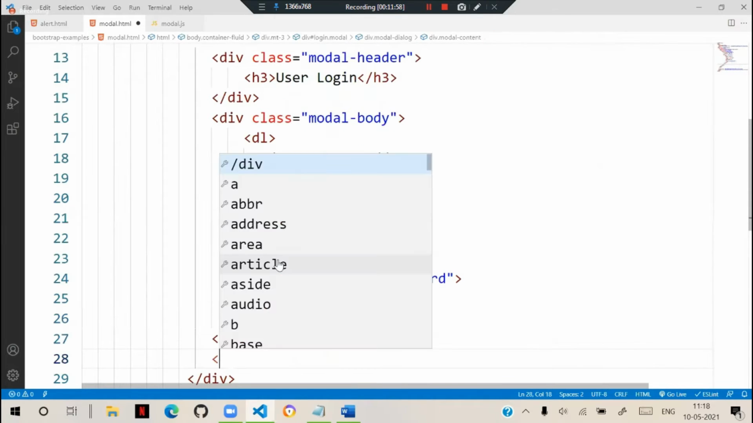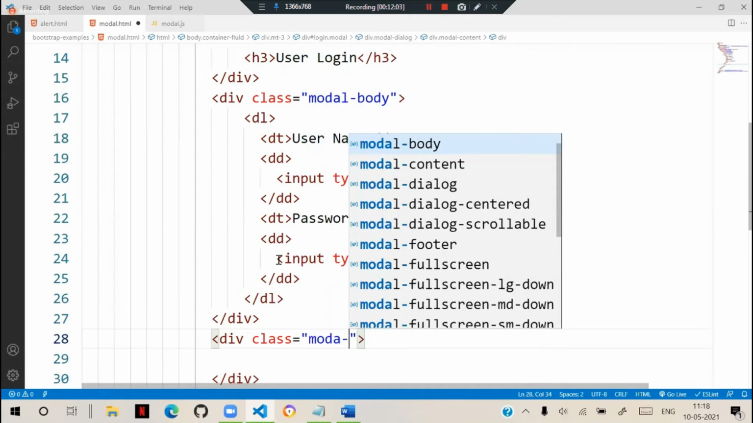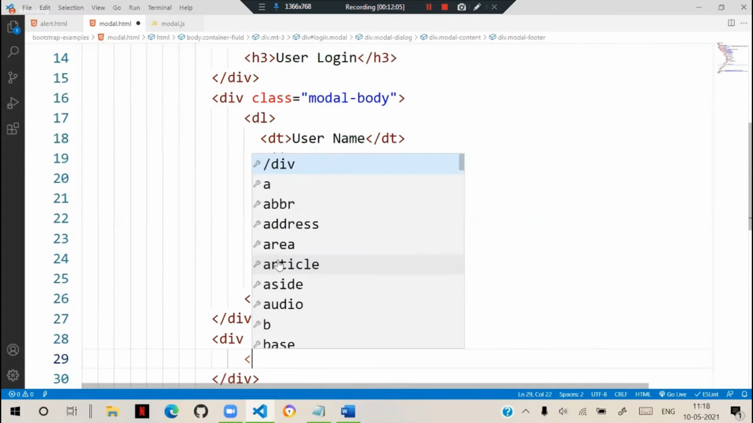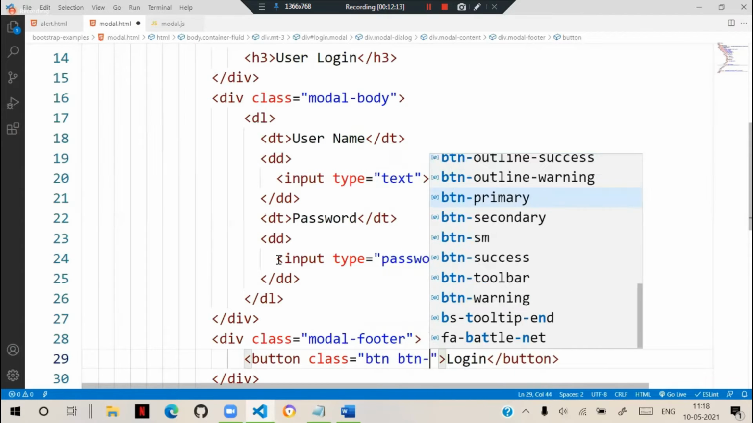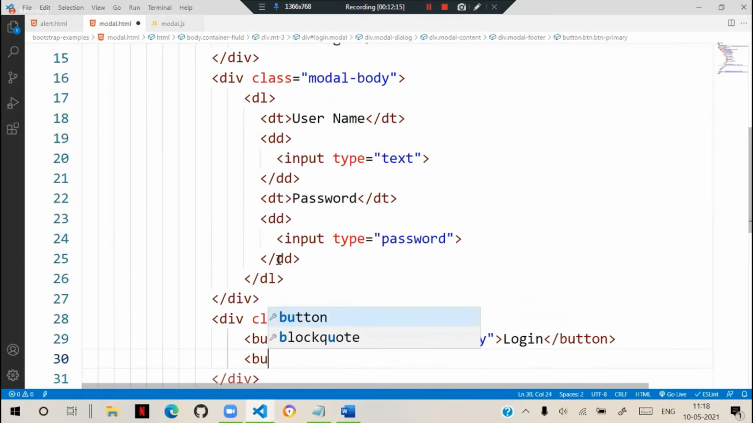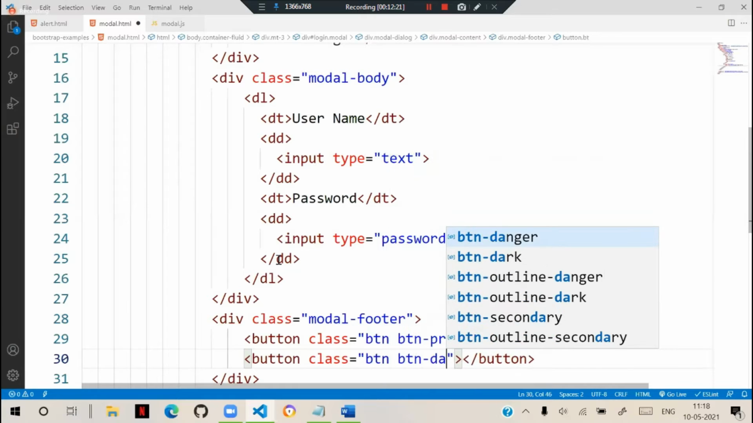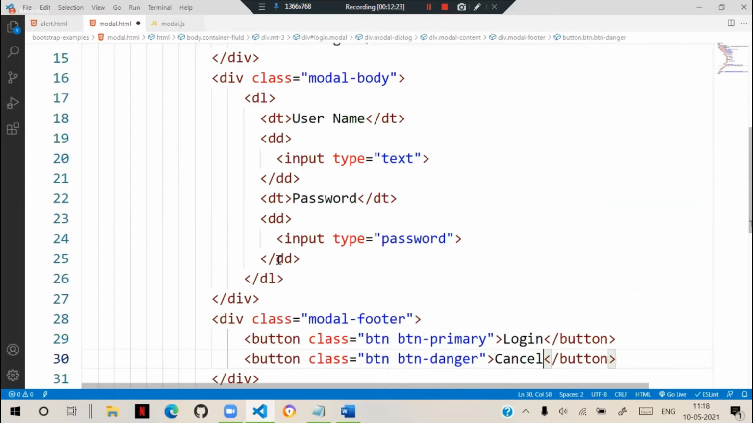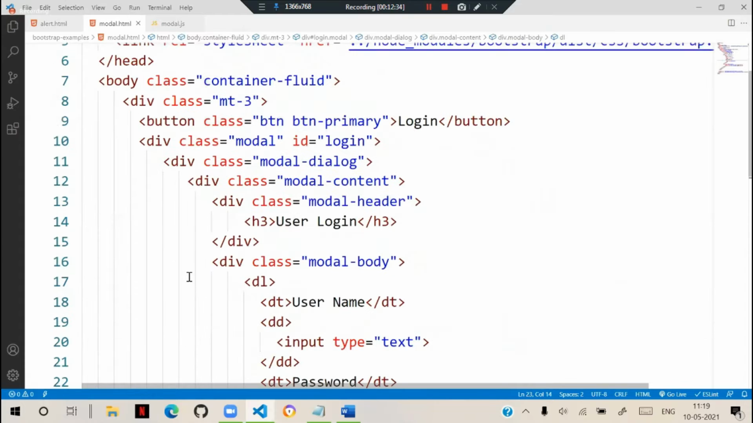And here we are adding a footer. This is another div with class modal-footer. In the modal-footer, we will keep a button, login, with class btn and btn-primary. And another button with class btn and btn-danger, and we put cancel. Usually this is the modal design. All options are the same, so no change in them. And the only point is